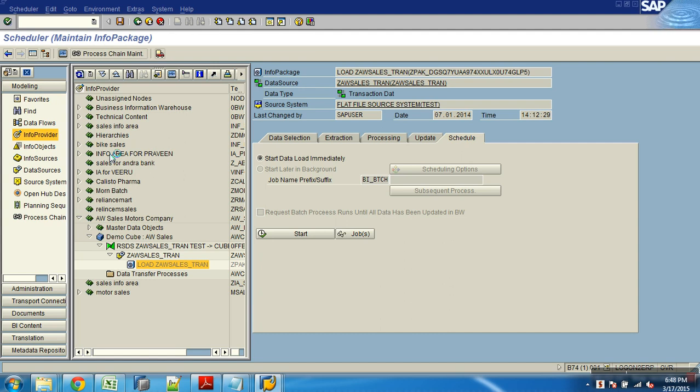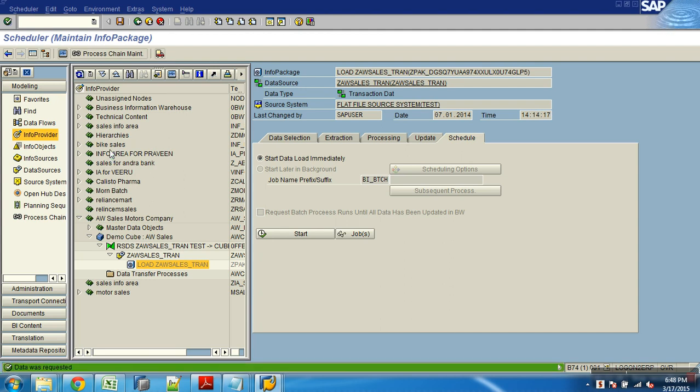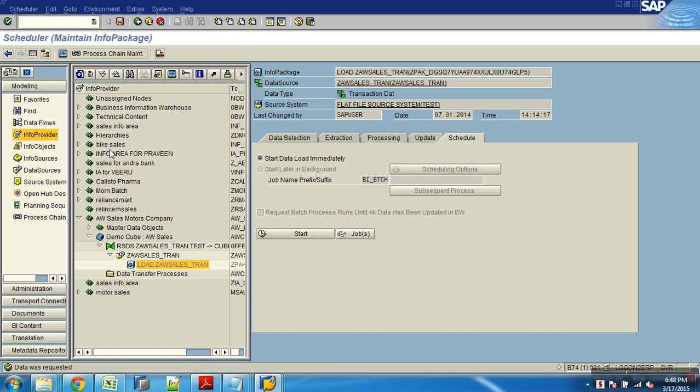So I just manually maintain two other columns. One is currency with data type CUKY, to link up to all my amount key figures. Then I manually made one more column called unit with data type units, and then map it to the quantity key figures. So now in the data source, all my key figures of type amount have a reference to the currency field, and all the key figures of type quantity have a reference to the unit column. But these two columns in the data source don't exist in Excel, because Excel doesn't have those two columns. So in the transformations, before the mapping is done, I am taking care of filling those two columns.